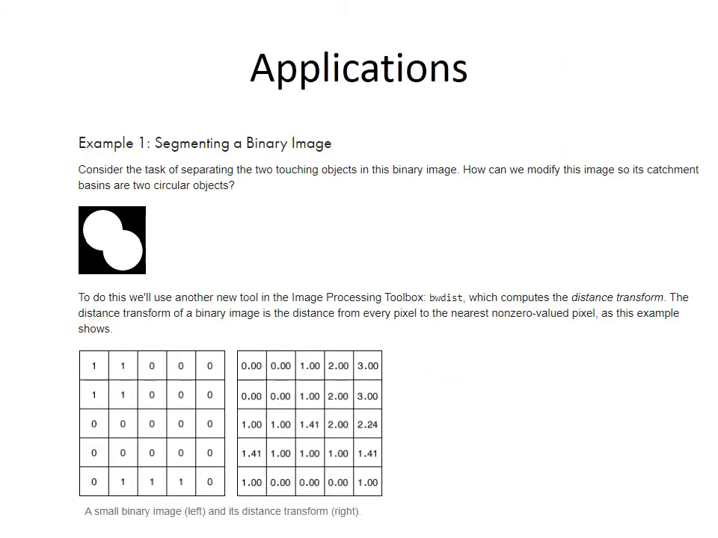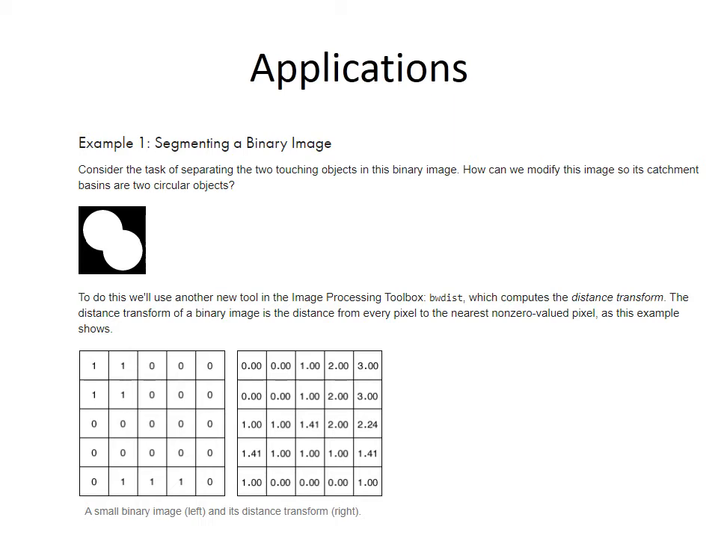The applications can be understood through example 1, segmentation of a binary image. Consider the task of separating the two touching objects in this binary image, which has values 0 and 1 only. How can we modify this image so its catchment basins are two circular objects? To do this, we will use another new tool in the image processing toolbox, BWDist, which is defined in the